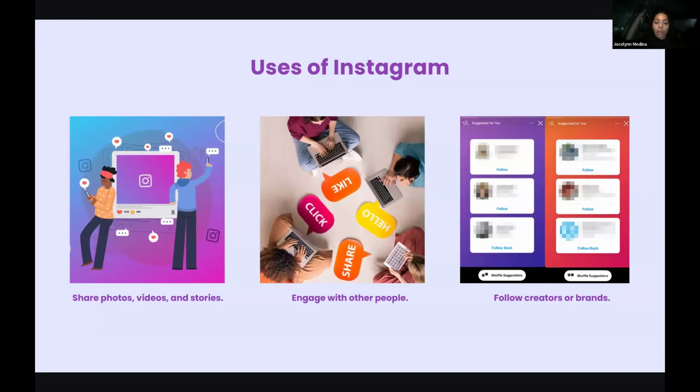So the uses of Instagram are to share photos, videos, and stories through posts that disappear after 24 hours, as well as engage with other people and follow creators or brands, especially celebrities or brands that you like, or fast food places that you like, etc.